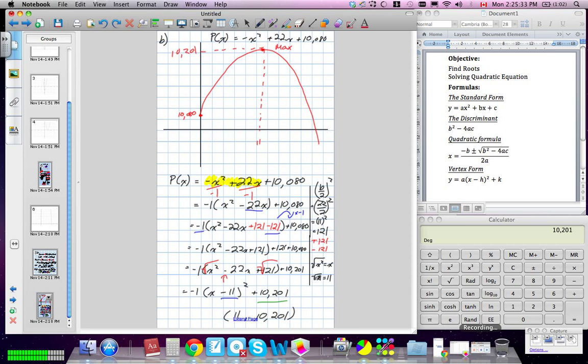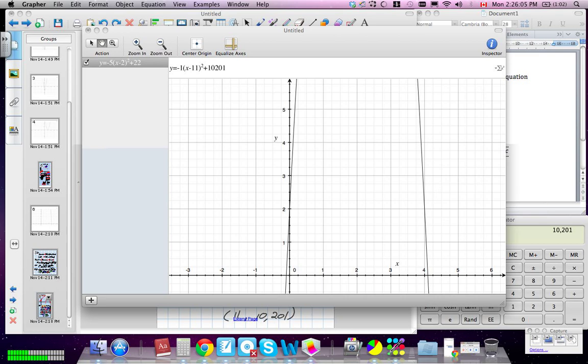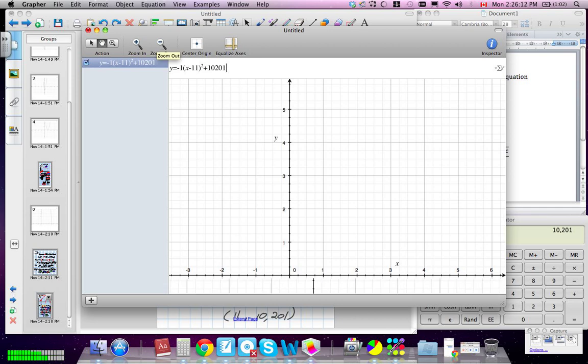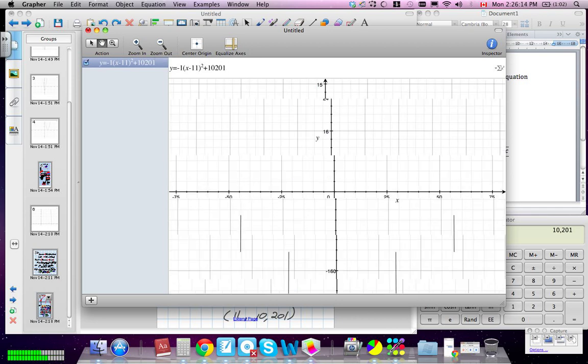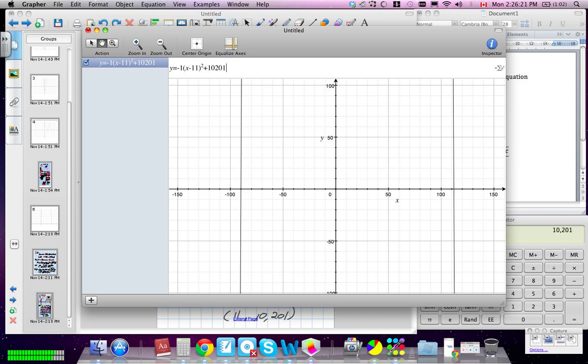We're going to quickly prove it to make sure we have the right numbers. Okay, here's our equation. We go to plug it in. Now look at my scale. I'm zoomed in way too far here, so we're going to zoom out. Might be nicer actually if I just